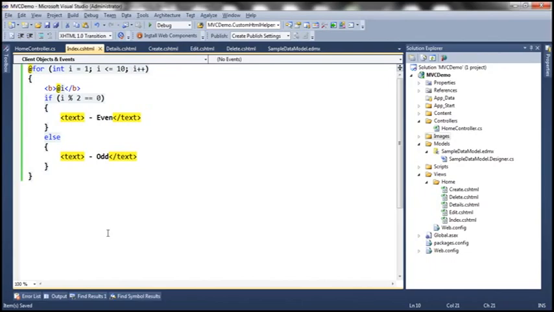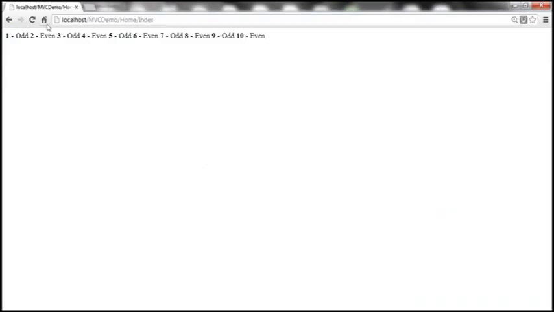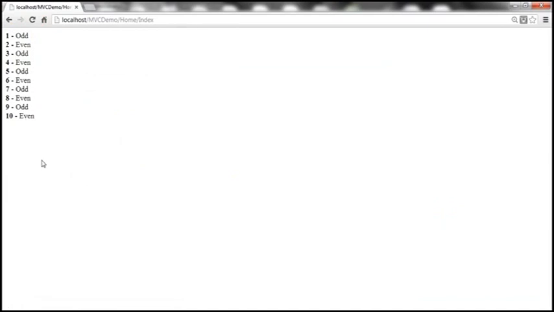Let's save everything and let's go ahead and refresh this. Okay, all of them are coming in the same line, so let's include an HTML break and let's refresh that. So we should now get the output that we expect. Okay, so we can either use